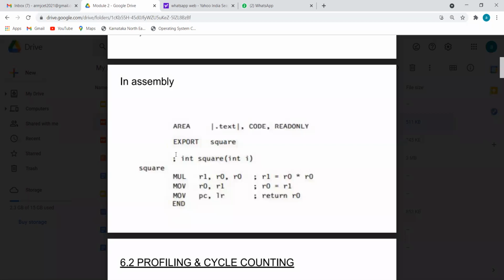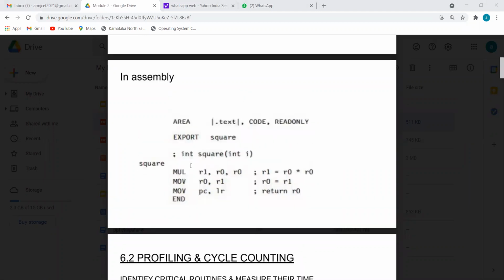So all the rules you already know, like you have to leave a space here. Then you have to write ENTRY, START, then R0, R1, again R0. What should be the arrangement, everything you know, the same rules apply over here. So here is the concept of how to write a program.